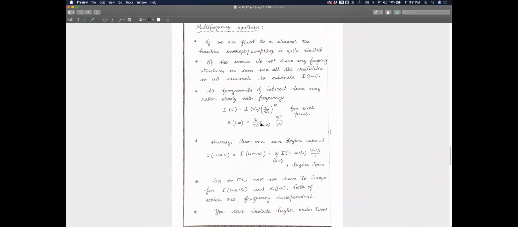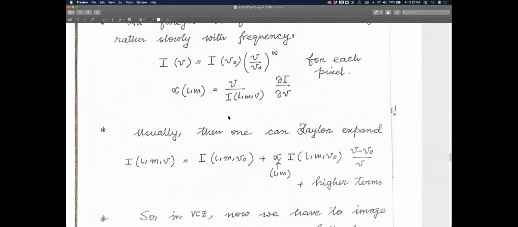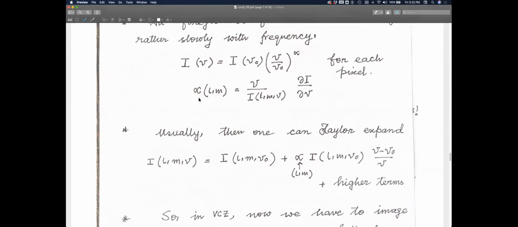So again, how do you image this alpha_lm? Because where your cursor is shows that it is frequency dependent. No, this alpha is not frequency dependent. I understand, but you have written the equation in a different manner, just above that, right? Where is the frequency dependence here? No, this nu you are talking about? Right. No, but this nu you can take out of the integral, right? This nu is not l and m dependent. There's no image of nu.